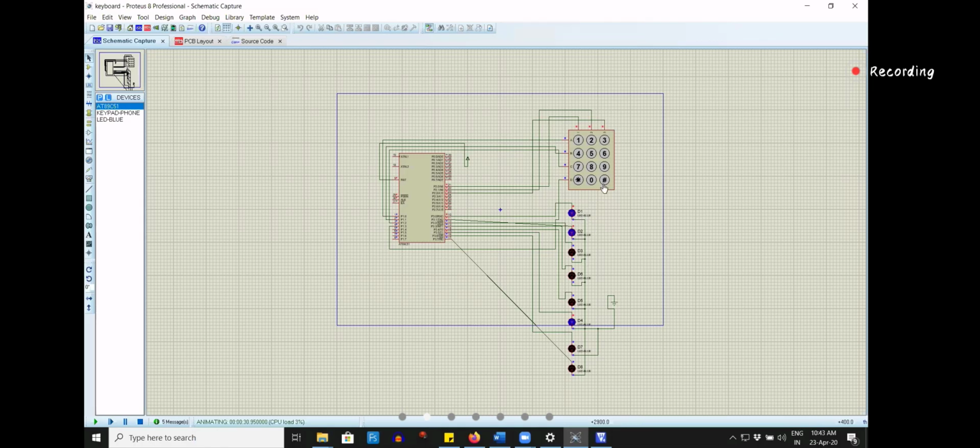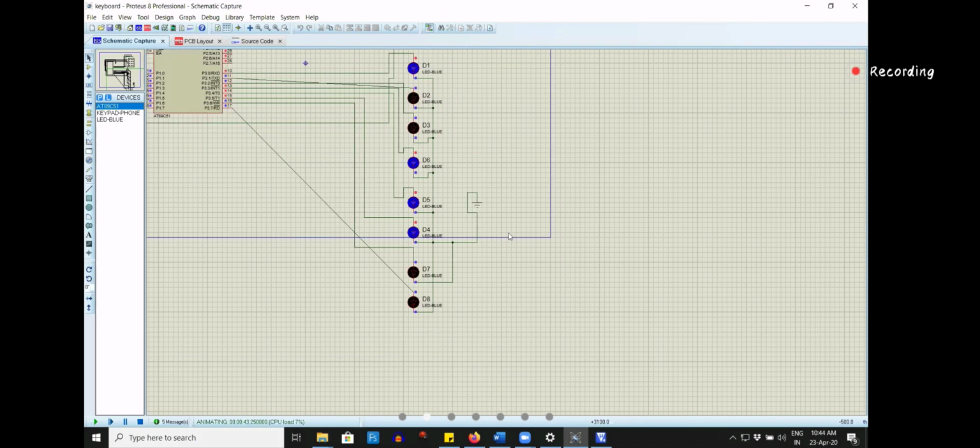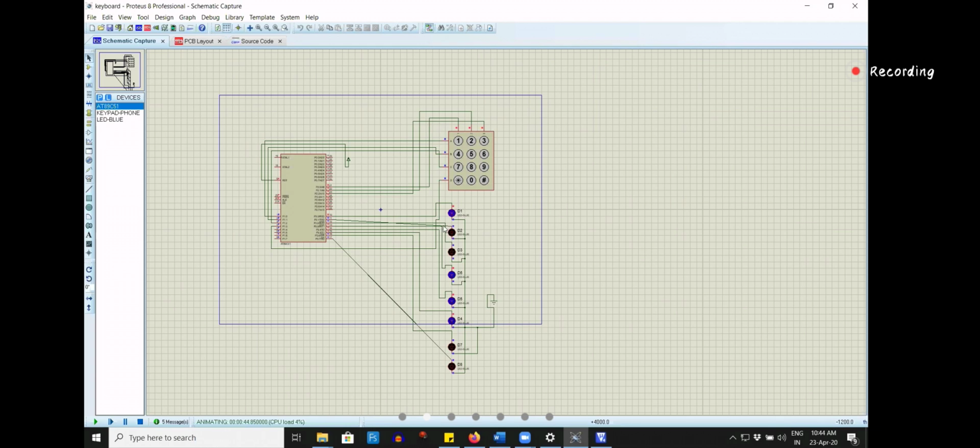So the ASCII value of hash is 23. So as you press here, see 9, 39. From here only we will be making it, right? You can make it out. 39. Are you getting or not? Like this.